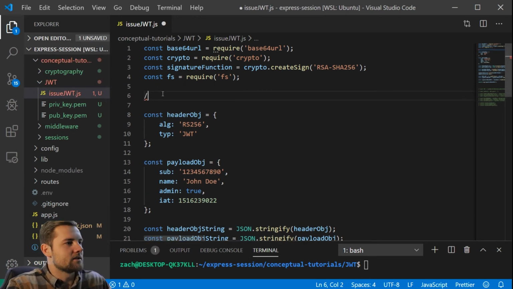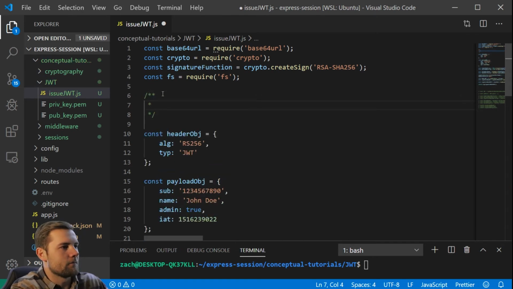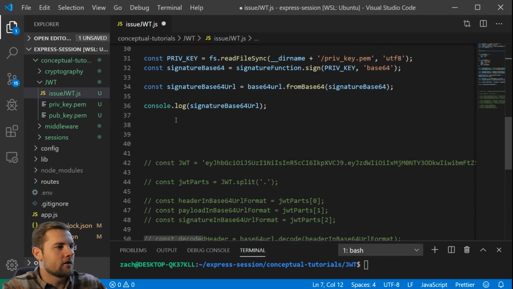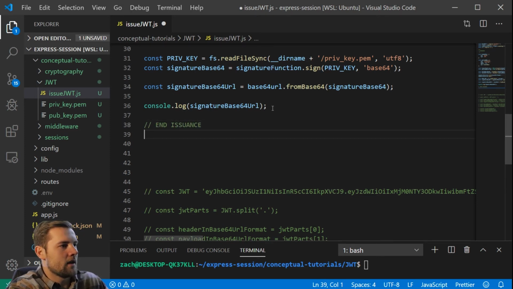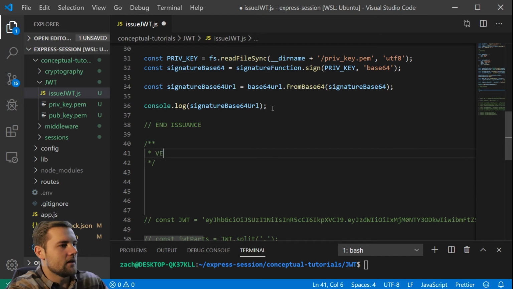Probably should have just named this file JWT because we're doing both the issuance and the verification in the same file. So here is the issuance part right here, and then end of issuance, and then here is the verification,